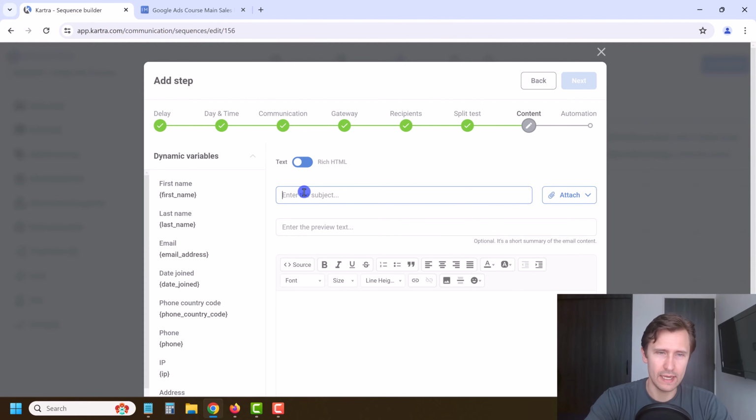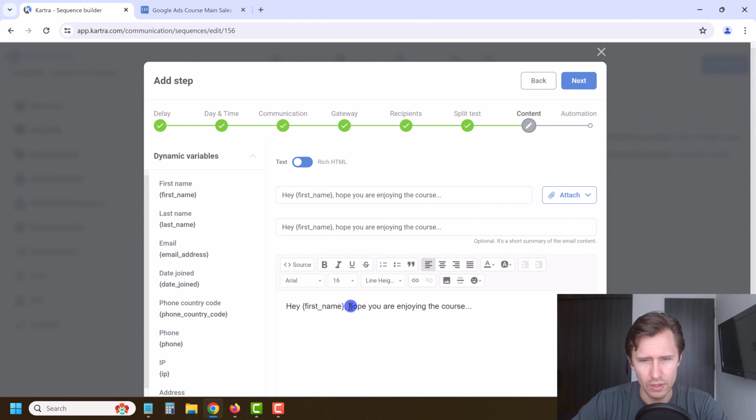And then here we're going to say, again, I like to use first name. So we're going to copy this. We're going to say, hey, first name, hope you are enjoying the course, right? Because first you want to give people value. You want to show them you're there. You don't want to start selling right away. So, hey,